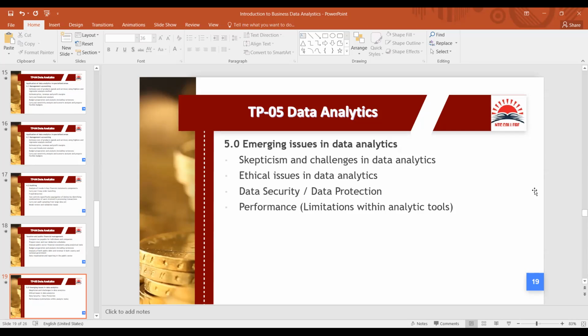Initially, before the introduction of information systems, of the ERP systems, organizations used to survive on manual data. But where we see today, all the organizations, as we speak, they rely on data that is in digital form for daily processing, for reporting, and also for decision making. So as we learn about data analytics, it's important that we also learn the aspect of security, how to manage security for the same data.